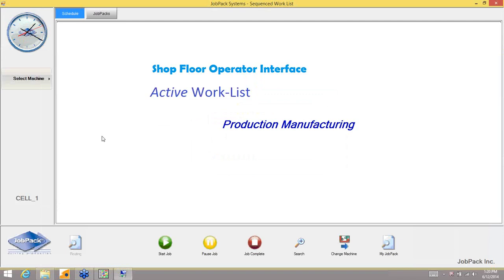It's designed with big buttons. Everything is simply point and click. He doesn't have to use a keyboard, doesn't have to type anything in, doesn't have to use a barcode. Everything is available real time. So if the operator for Mazak number 1 wants to see what he's got to do,